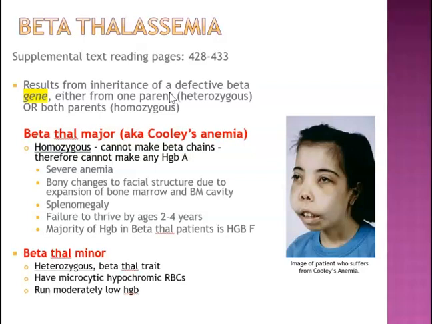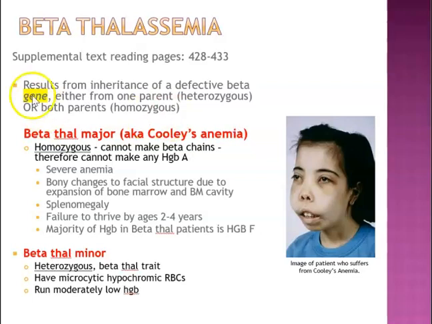In beta thalassemia minor, this is the heterozygous version where you just inherited the defective beta gene from one parent. Okay? And usually you have microcytic hypochromic red blood cells. So you have small red blood cells that are lacking in color, and usually you have low or moderately low